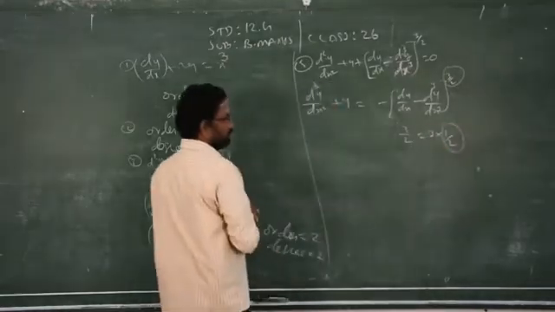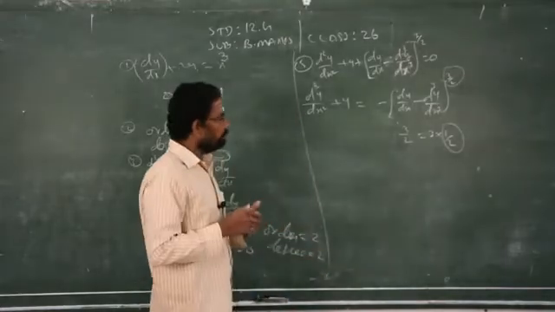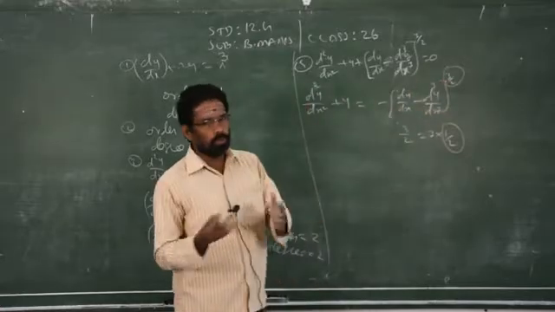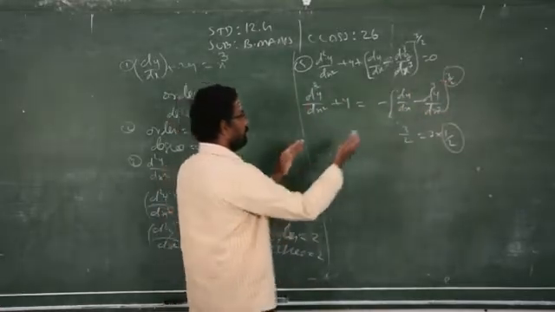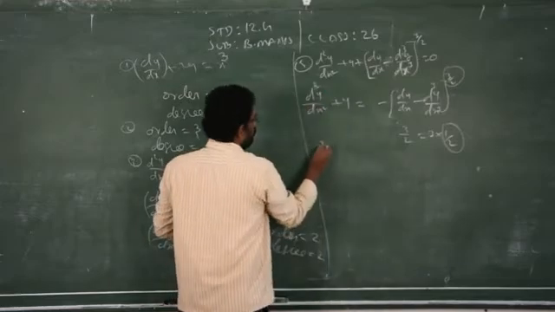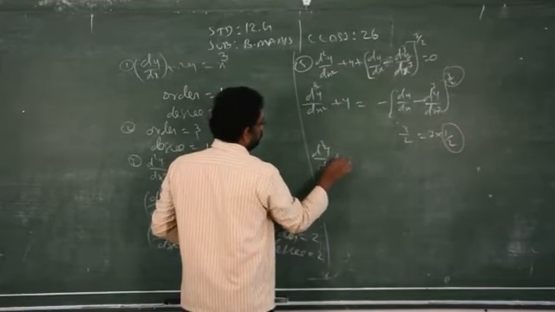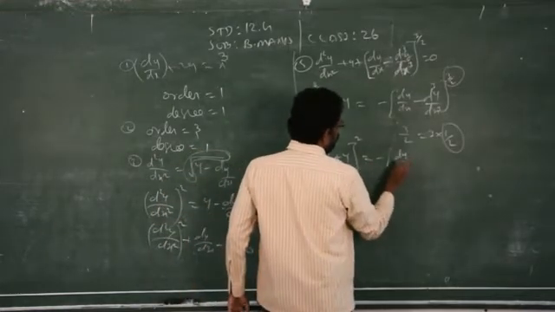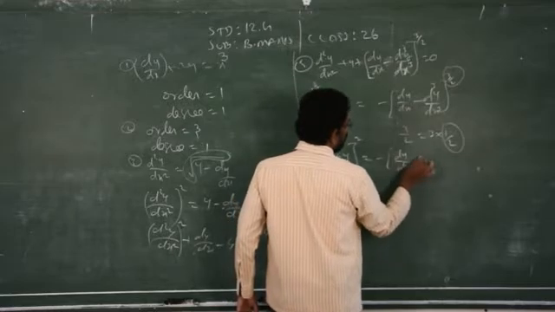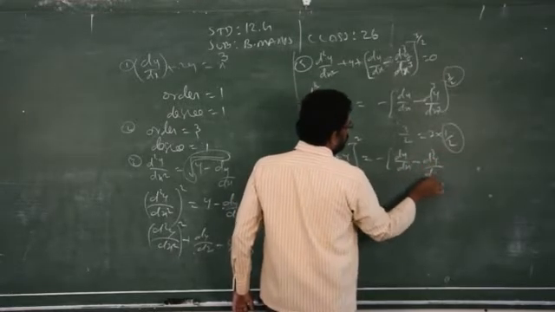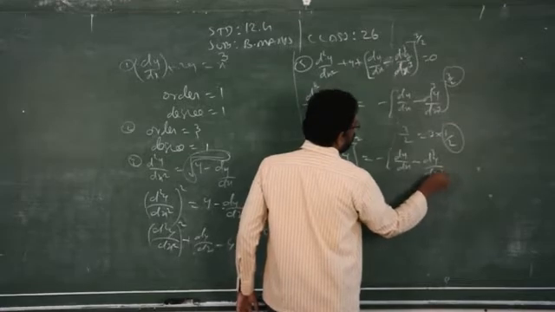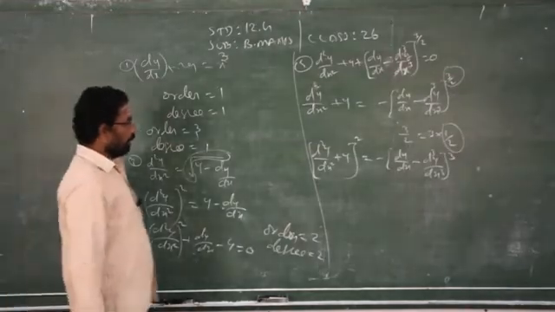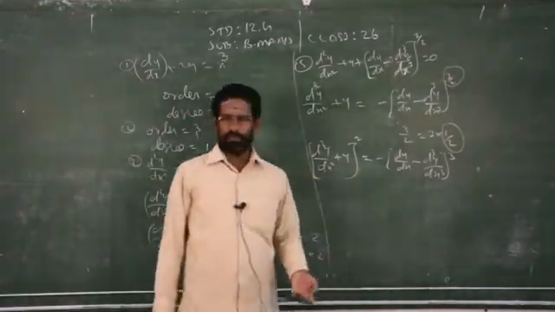Now, this is the fractional one. This is not a fraction format. Your aim is to remove only the fractions. So when you remove the fraction from right side to left side, you are supposed to take what? Reciprocal. So when you take reciprocal of 1 by 2, it becomes square. So minus dy by dx minus d cube y by dx cube whole to the power 3. So if you want to simplify further, you can simplify.